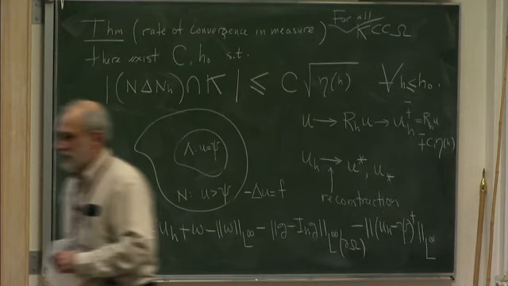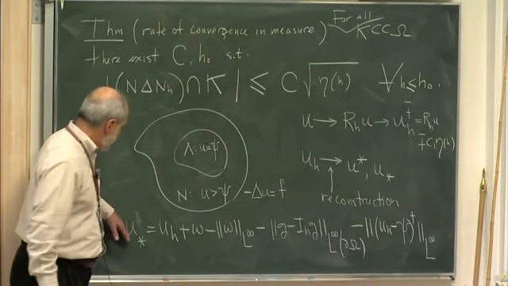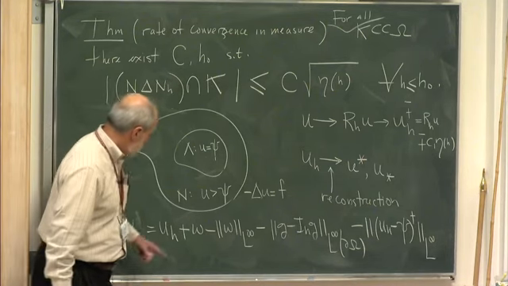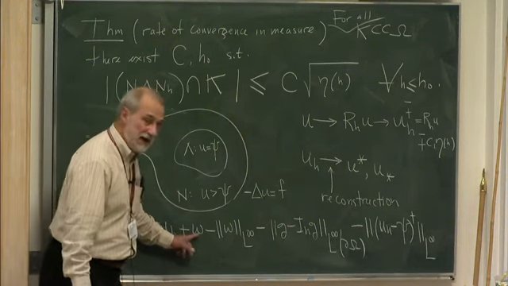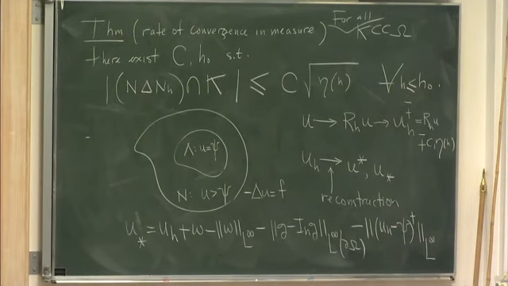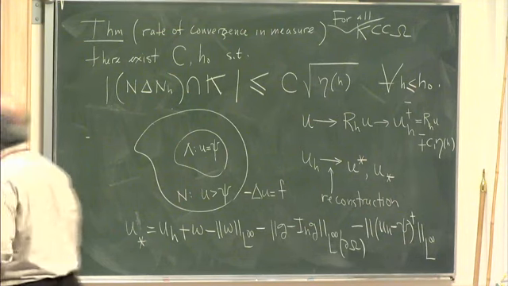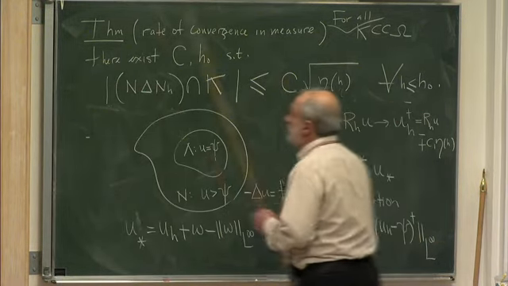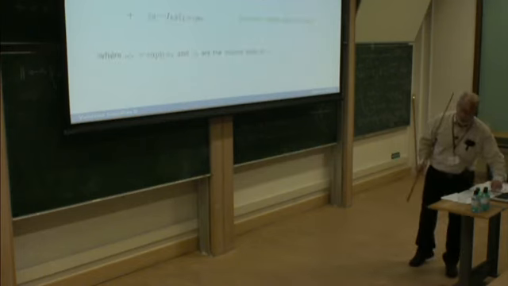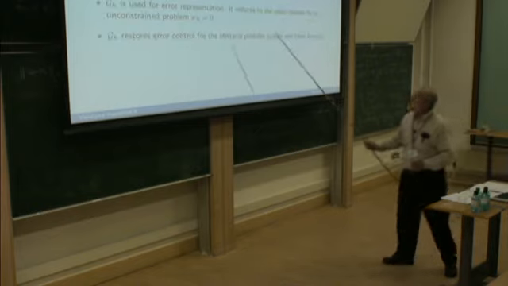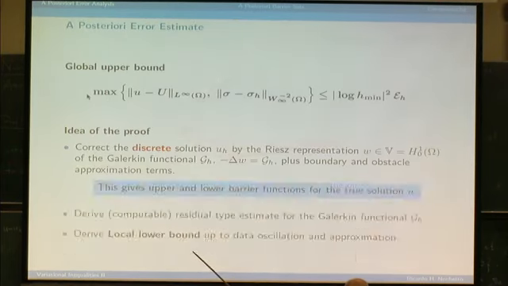Okay, so that's the definition. So it has the following property. When you compute the Laplacian of this, you get the Laplacian of UH, which is a bad guy, but that is compensated with the Laplacian of W, because the Laplacian of W, as you see, contains the GH on the right hand side, and the GH on the right hand side itself contains the Laplacian of UH. So there is a compensation, and at the end of the day,